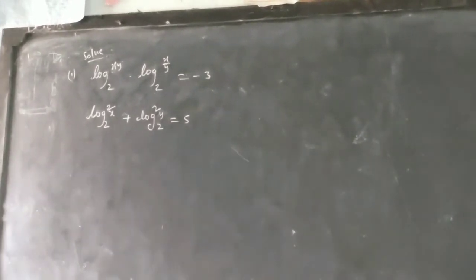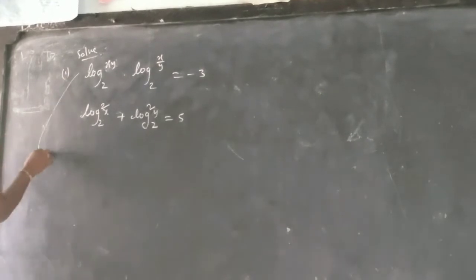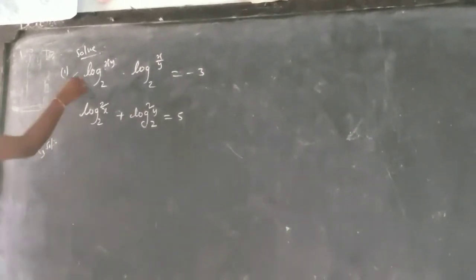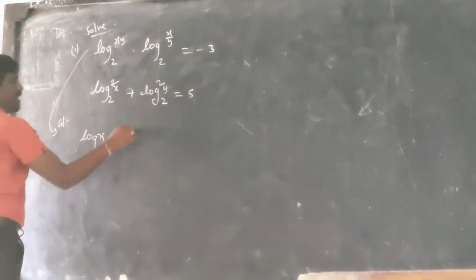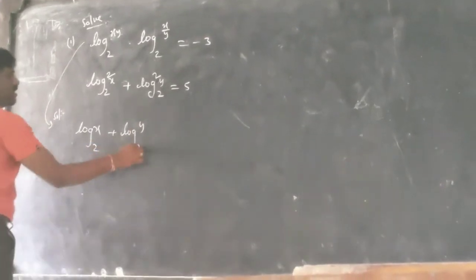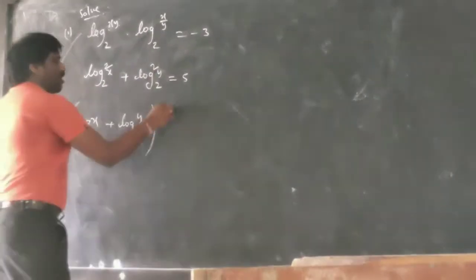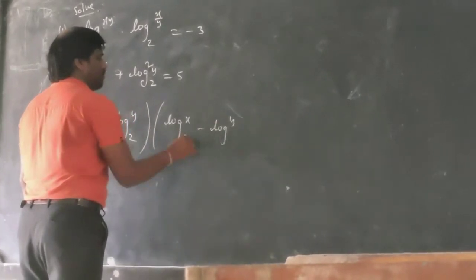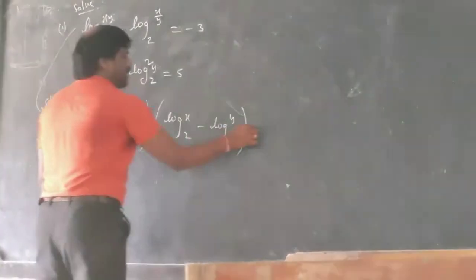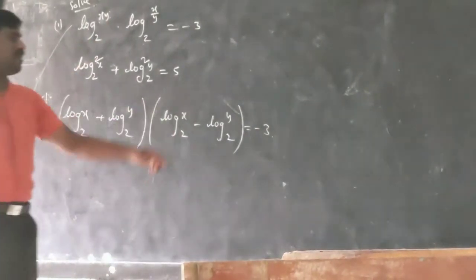Okay, let's see how to solve this type of question. Like this one here, the log a into b formula is applied. The first equation I am solving, this is the lengthy one. Log a into b formula is log a plus log b. And the log a by b formula is what? Log a minus log b with the base 2. So this question became like this. I applied log a plus log b, and I applied log a minus log b.